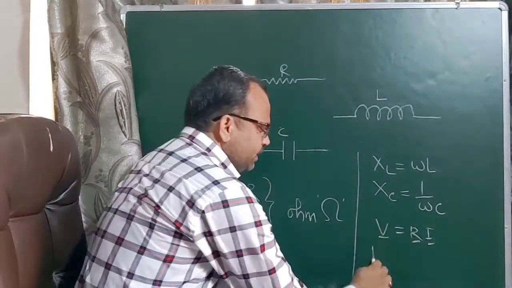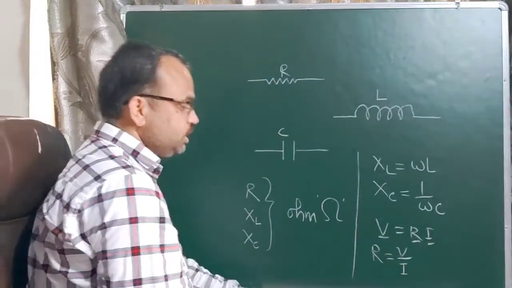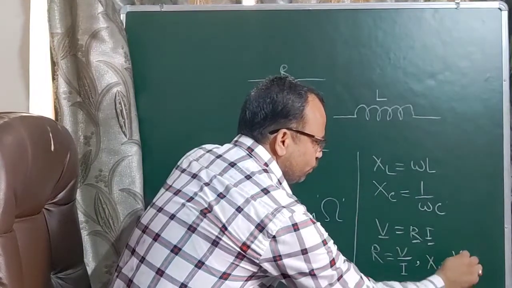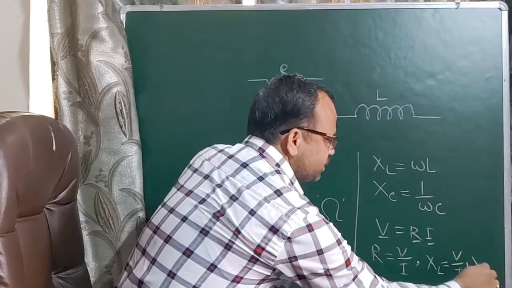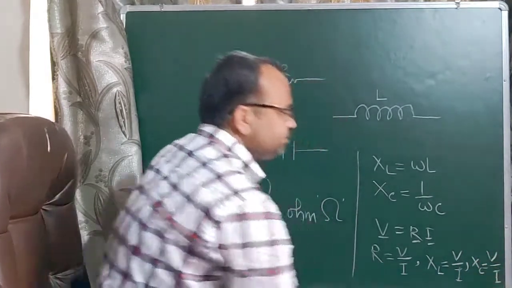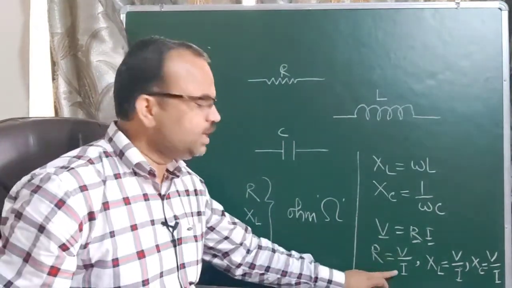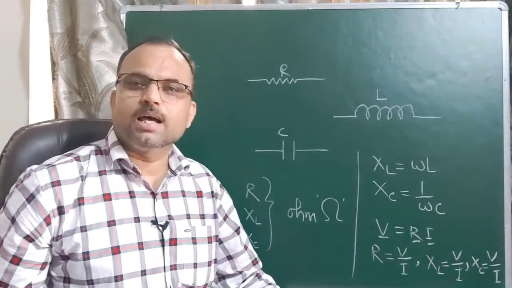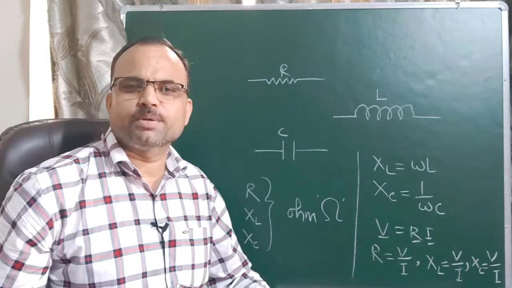So by using this formula we can calculate R equal to V upon I. Similarly, we can use XL equal to V upon I, and Xc equal to V upon I, right? Here V is the RMS value of voltage, I is the RMS value of current. So V RMS or E RMS both are the same, but the symbolic representation is different,